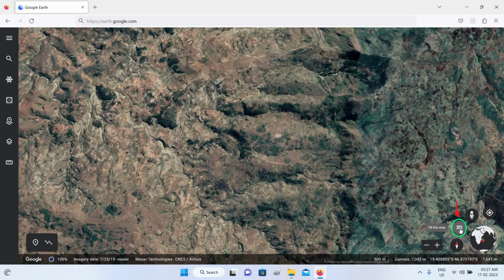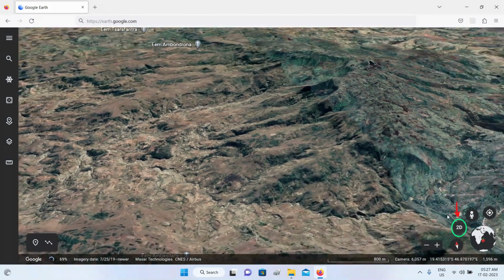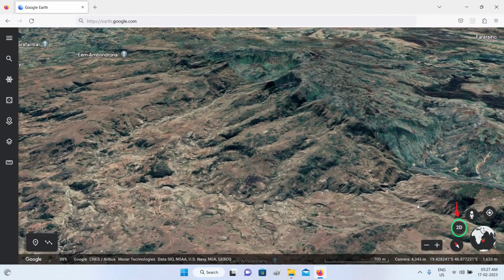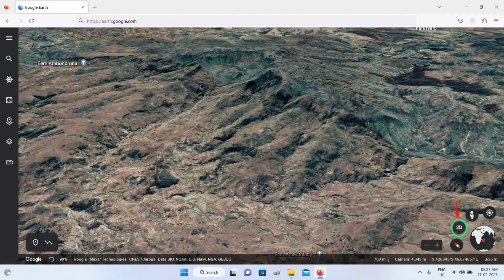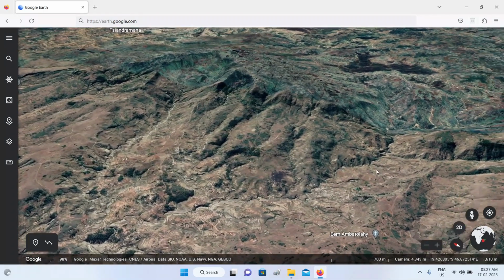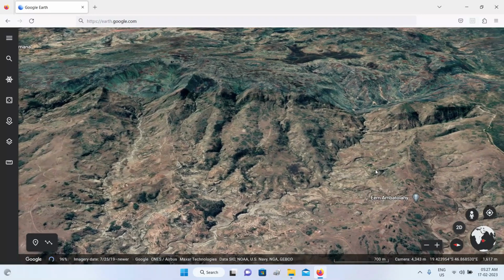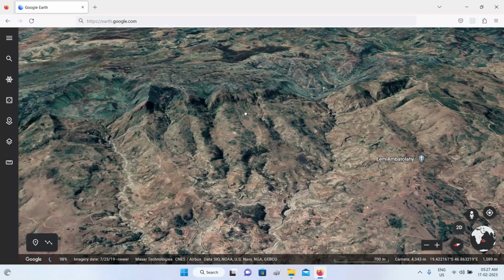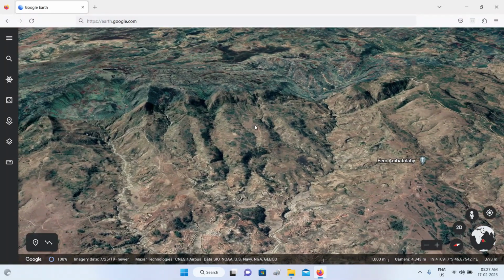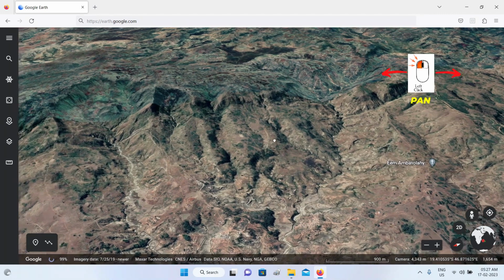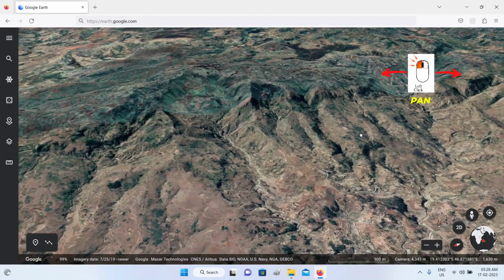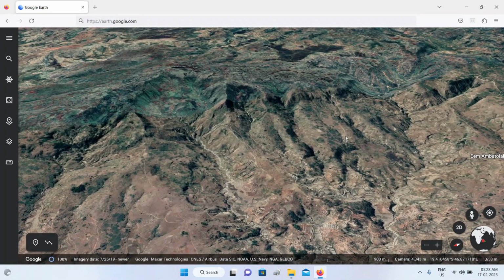So what this will do is to just simply change the perspective, and you can then see the terrain in 3 dimensions. It's almost as if you're flying over that particular area. If you click on it once, you will see that the motion stops, and you can grab hold of this scene and move it sideways to pan into this particular area,